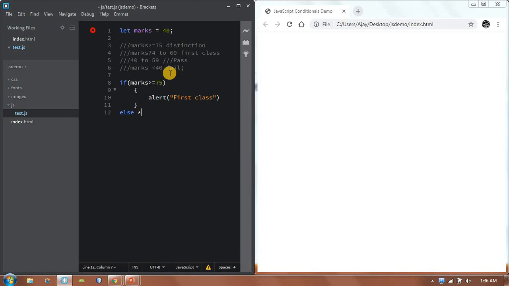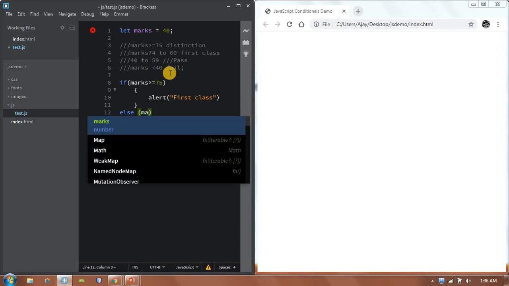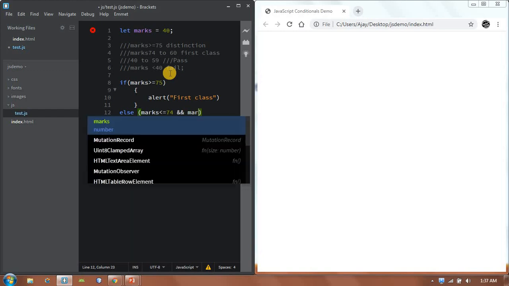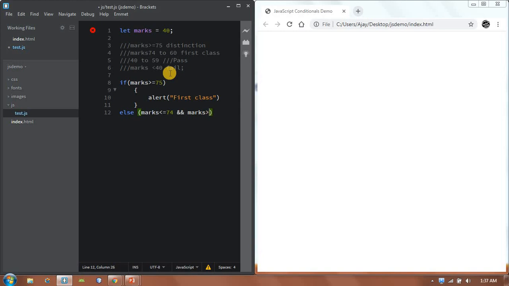So I can say if marks are greater than or equal to 60 as well as less than or equal to 74, then I can say the student is a first class.